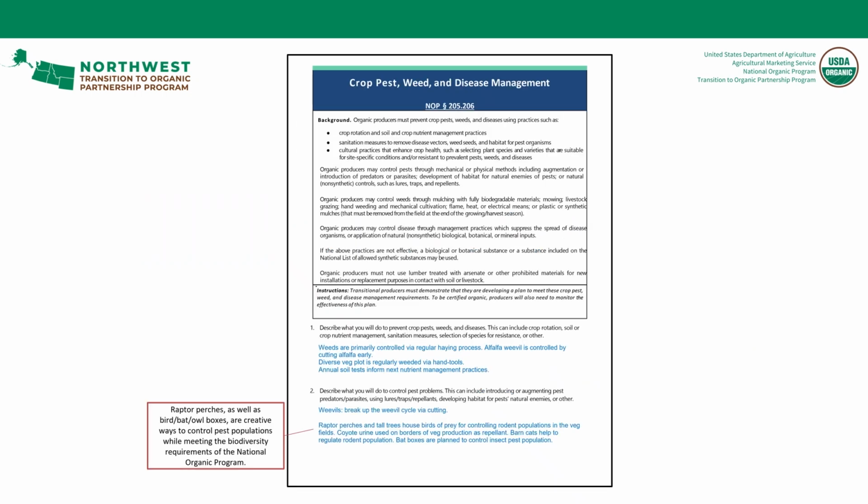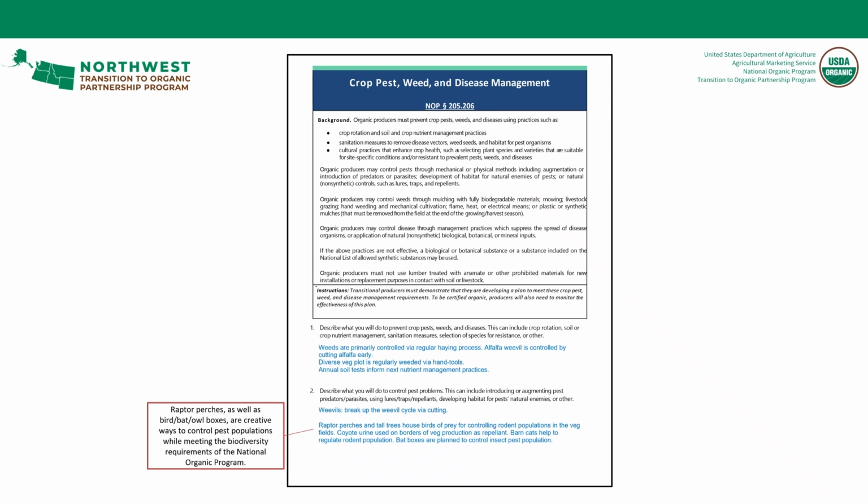The next section of the TPP covers pest, weed, and disease management on your operation. For number 1, you should describe your prevention plans. The National Organic Program encourages prevention as a first line of defense against weeds and pests. Crop rotation is both a requirement for certification and an effective way to interrupt life cycles of weeds, pests, and